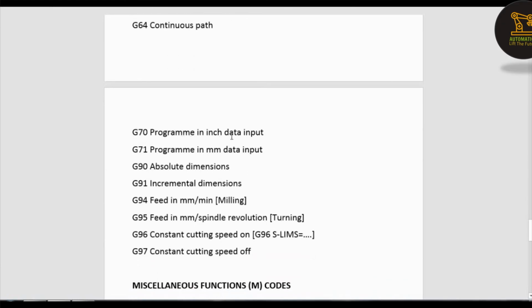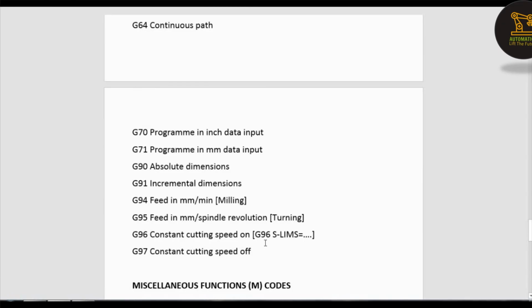G71, programming metric data input. G90, absolute dimensions. G91, incremental dimensions. G94, feed in per minute, used in milling. And G95, feed in per spindle revolution, used in turning. G96, constant cutting speed on. And G97, constant cutting speed off. These are the G codes.